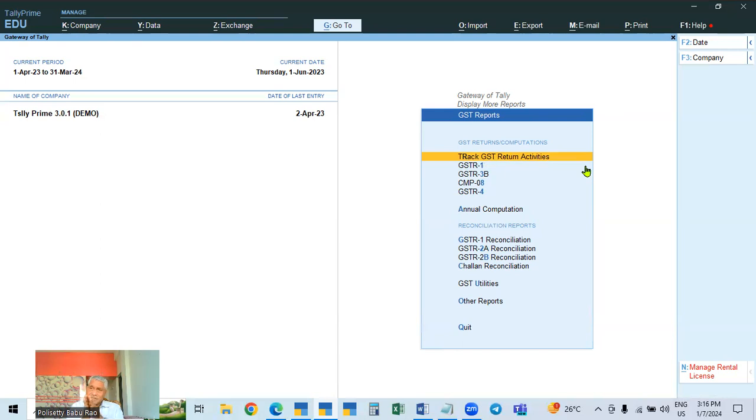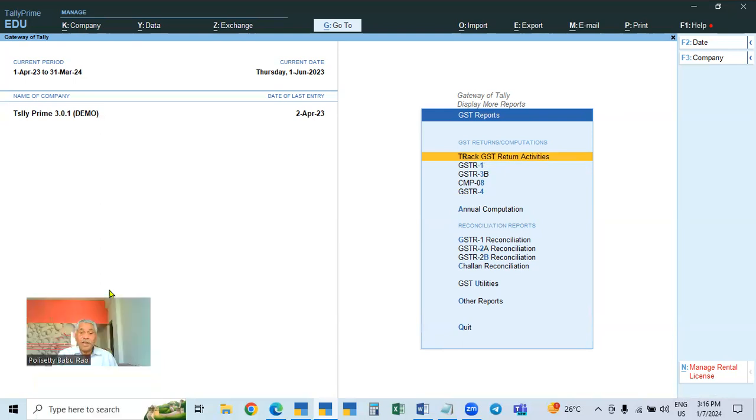So all these are also called returns, but they are not filed by us. 2A and 2B are automatically generated in the portal. So all the details, the transactions and activities of all the returns will be shown for all the